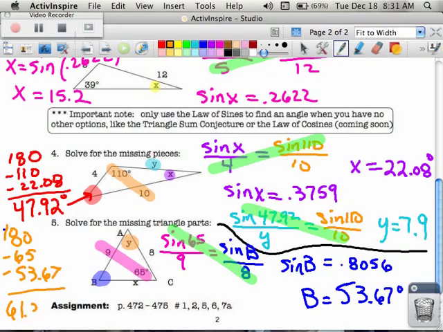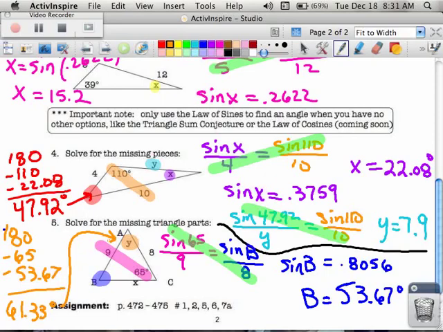61.33 degrees. And so that'll be my angle Y. And then I'm going to leave it to you to find the very last piece. Do we have to find anything else? X, right? Yeah. So in finding X, you're going to go with the sine of 61.33 divided by X equals